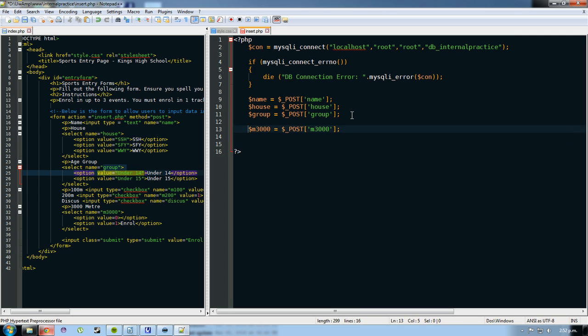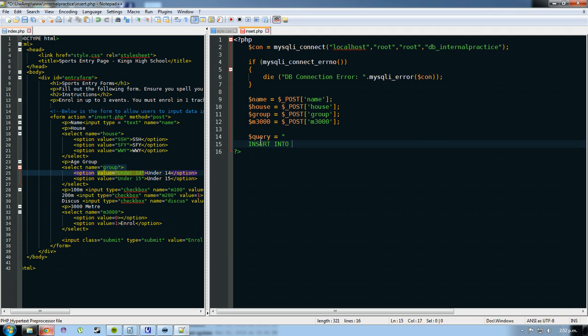Okay, now we've got that done. We've got some variables here, and we can actually use these variables again. So instead of typing this out, we can just type this out, which is much easier. So we're going to create our basic query to start with. We're going to add to this in a little while, but we're going to just create a basic query to start with. So $query equals